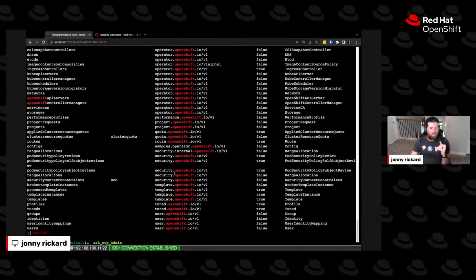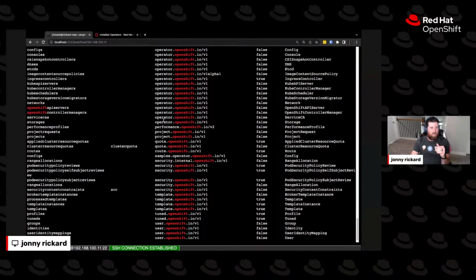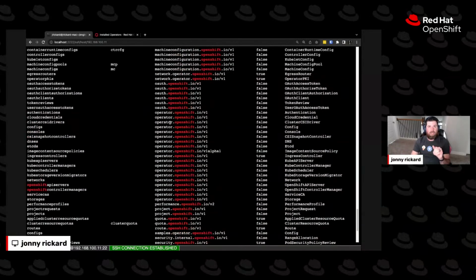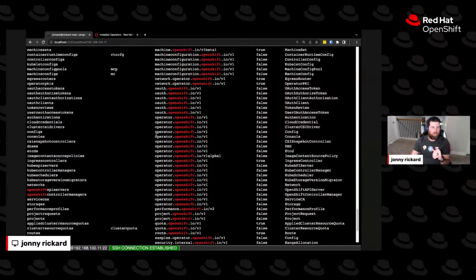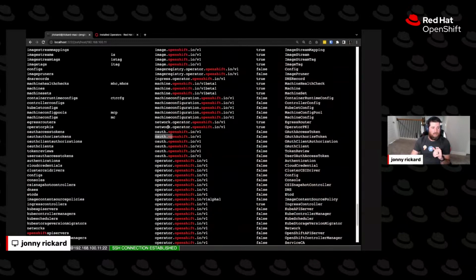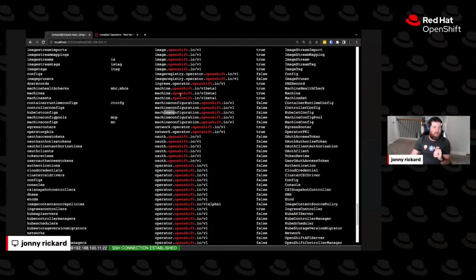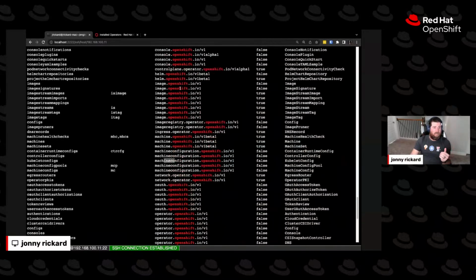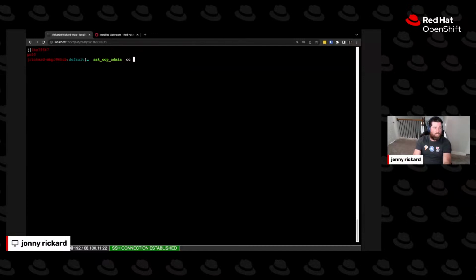we can see now all of the things in the OpenShift API that get provided to our cluster. So we have OAuth, we have the network operator, we have machine configs, we have the machine API, we have our images API, we have the Helm. So if I want to see what's in the Helm API, so if I do an oc api-resources and then get